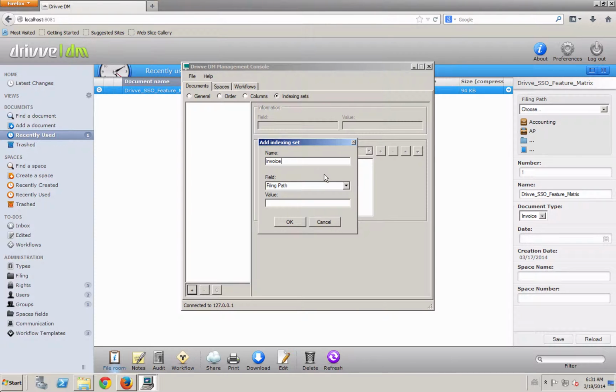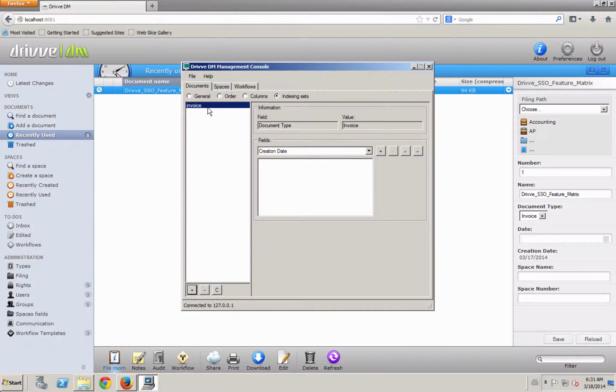And what I want here is for whenever a document is an invoice, I want certain indexing fields to be in the indexing set there. So let's see, what do I want to call this one? The invoice, and I can base it off any of these things. I want to base it off the document type, so it's an invoice. Okay. So now when a document is an invoice, what do I want to say about that document? Maybe I want to say the creation date, the invoice number, maybe the document name, and that should be enough actually. So I'm going to hit File, Save,